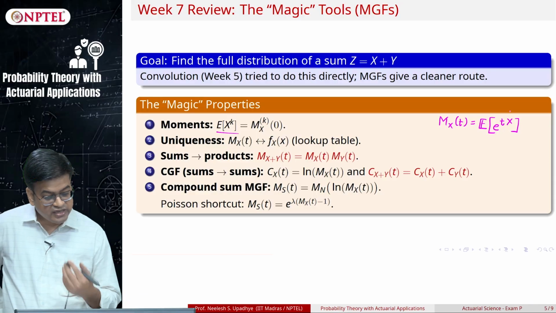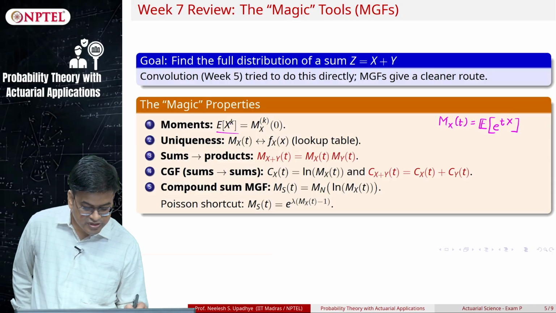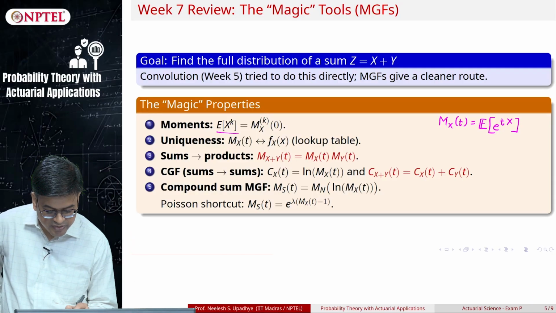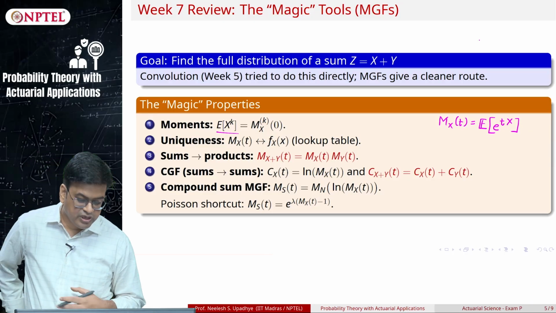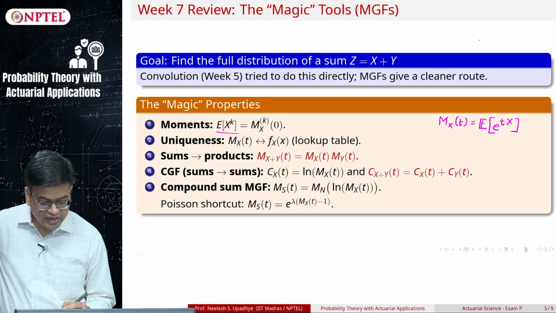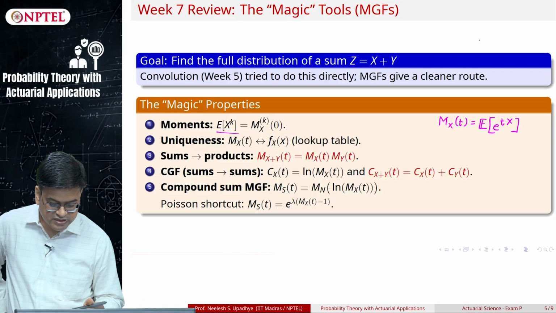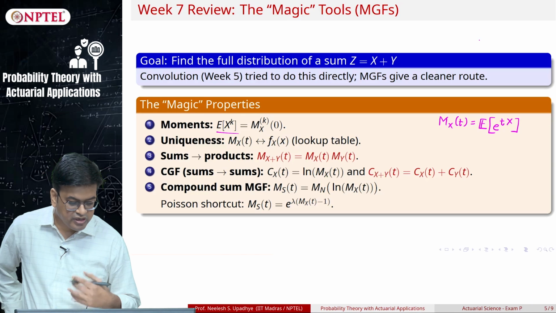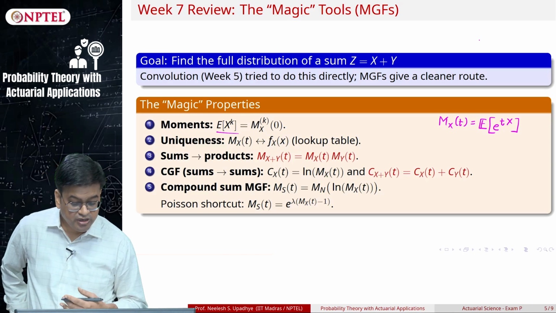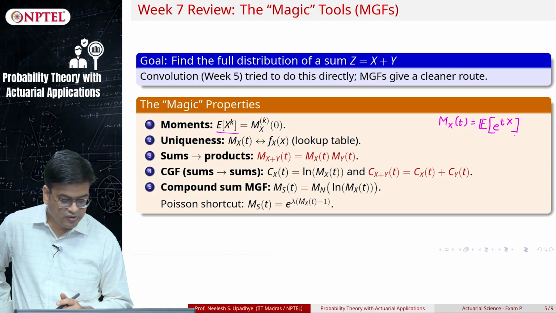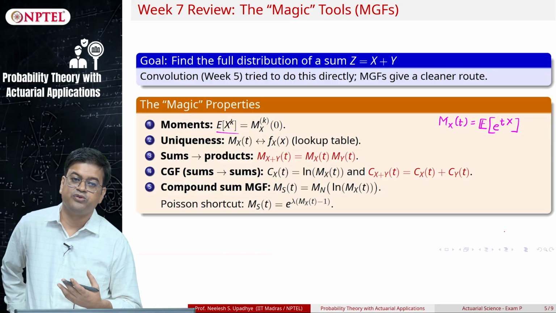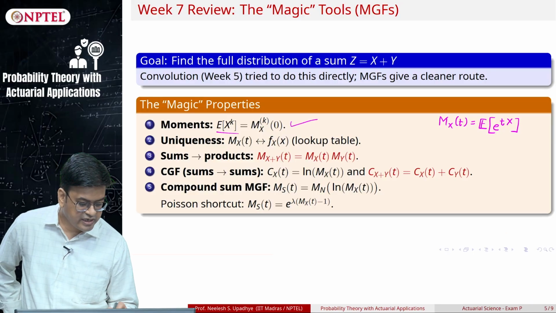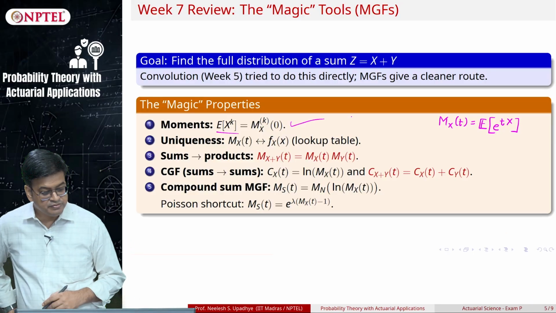And then we actually figured out how to compute these moments. So, essentially what is happening, this M_X(t) should exist in some neighborhood of 0. If it exists, then you can actually differentiate this function as many times as you want. If you want to compute the kth moment, you differentiate this function k times and put the value of t equal to 0, and you will get expected value of x raised to k.